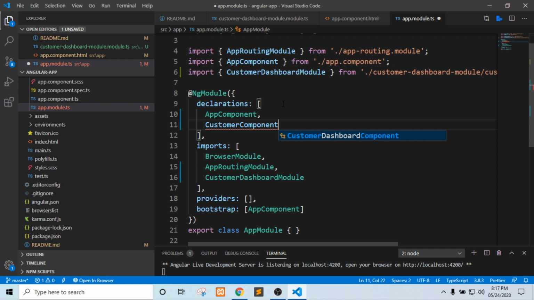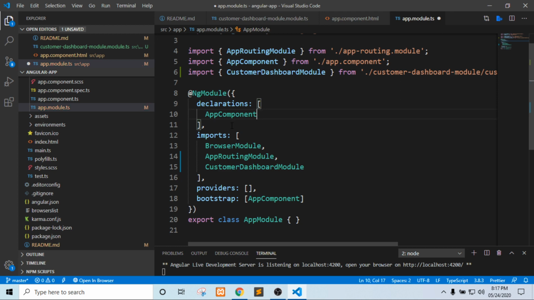So we can say it is enabling the component which is injected here to the whole root module. All other components inside this app module can use the component which we create, and we can also create directives and pipes. Once we inject it here, we can use it throughout the application, or throughout the root module basically. So declarations makes our components, directives or pipes specific to that root module available to all other different components.